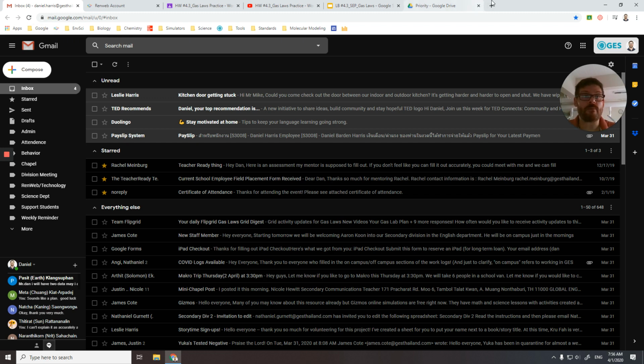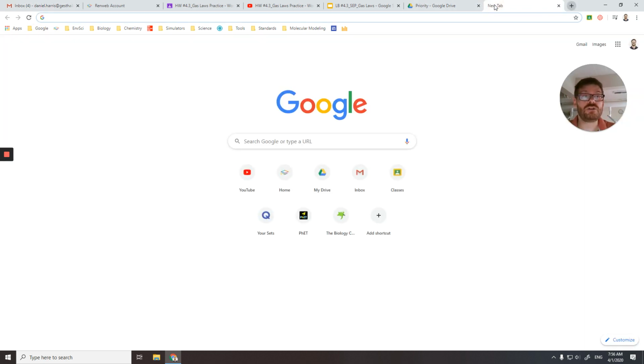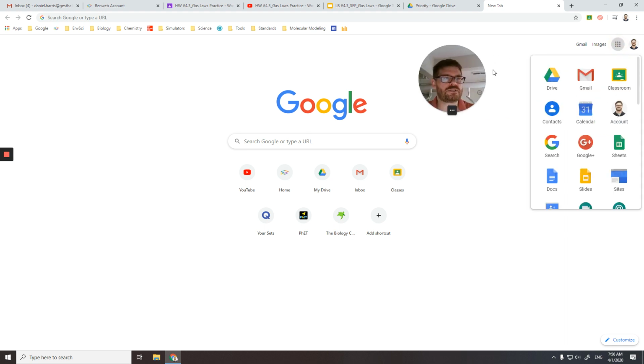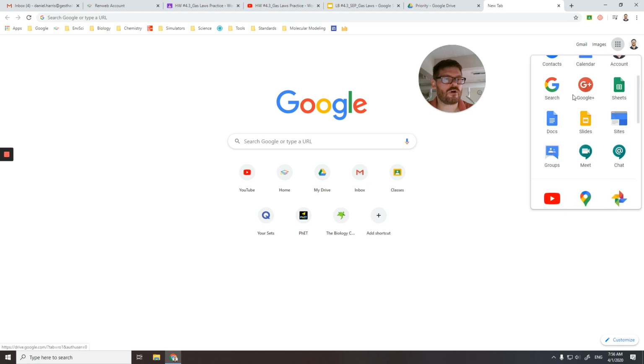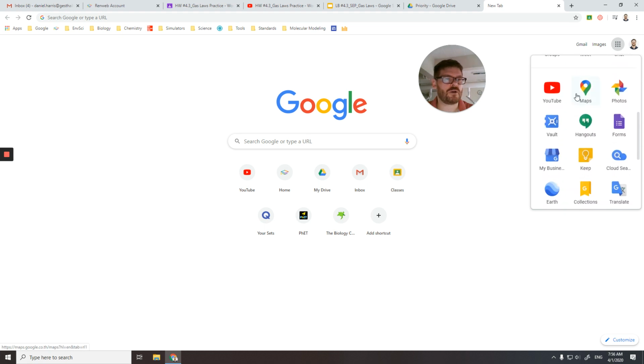So I'm going to open up a new tab, and I'll show you the way you should do it. This is using Google Chrome, by the way. You can either come here to the apps, and I'm going to look for calendar.